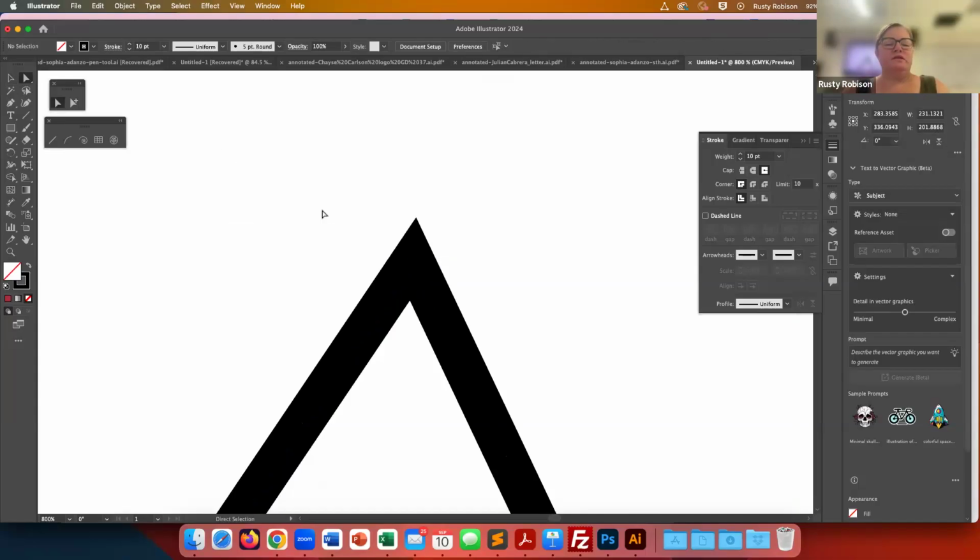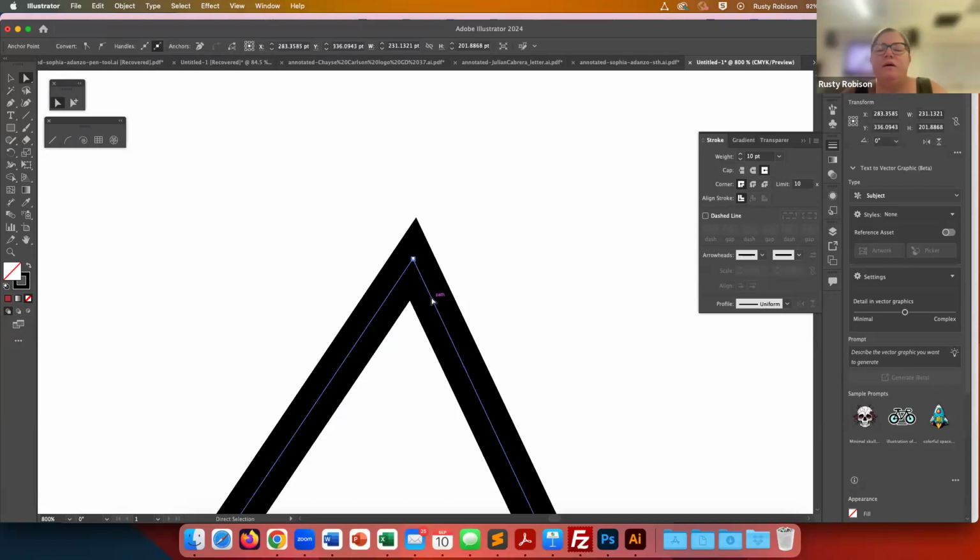We choose this corner point. We have some choices here. Right now, it's what's called a miter join. I don't know if you're into carpentry, doing miter sawing. My mom was a carpenter. I am not. We also have the option of using a rounded join, so I can round that off,